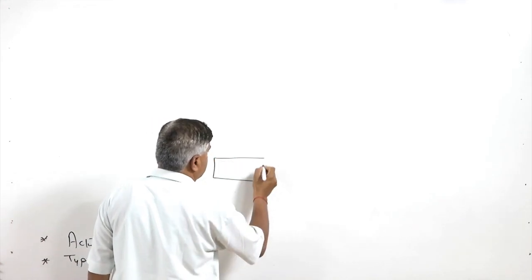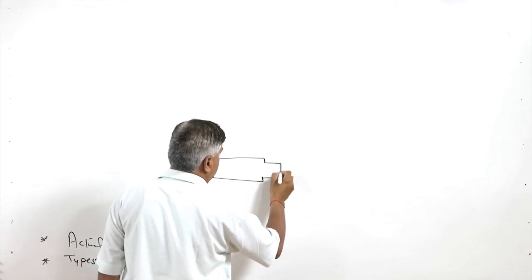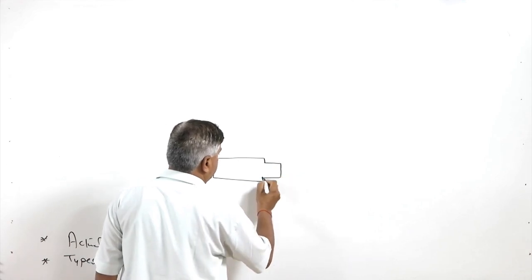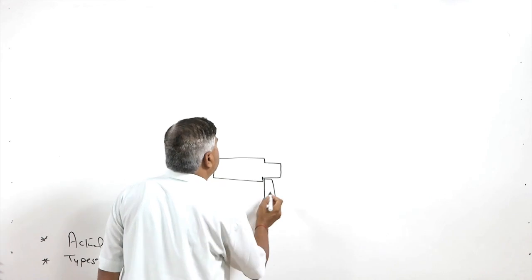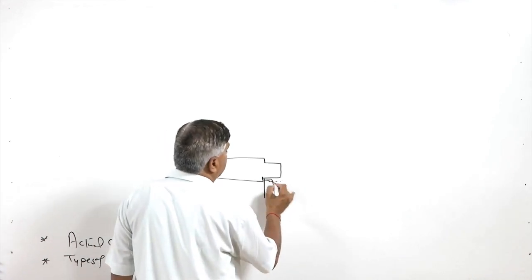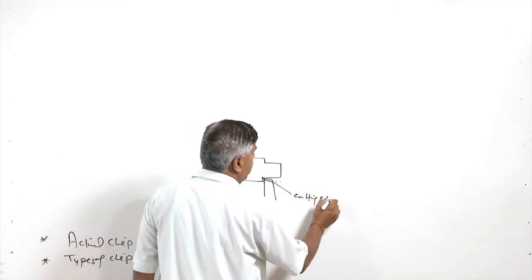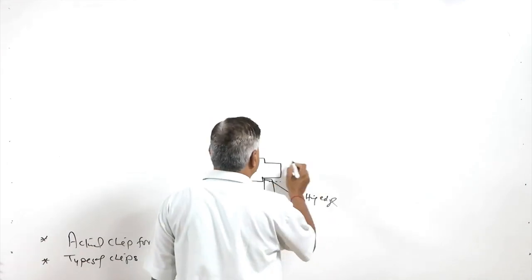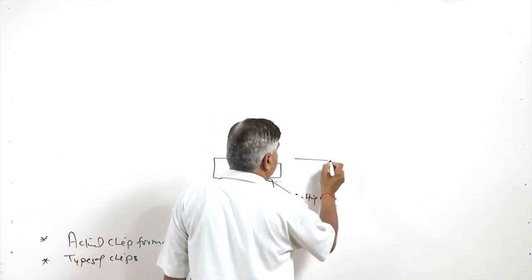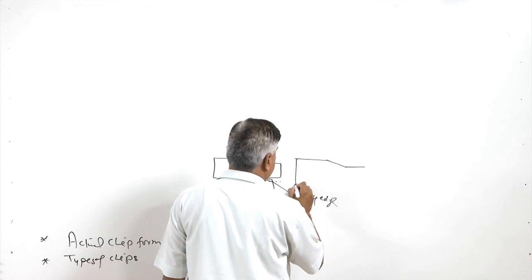Say this is an example of the orthogonal cutting like this. For the same depth of cut, the interaction between the tool and workpiece will be taking place along this cutting edge, and for the same depth of cut, if we draw it like this for the oblique cutting, then